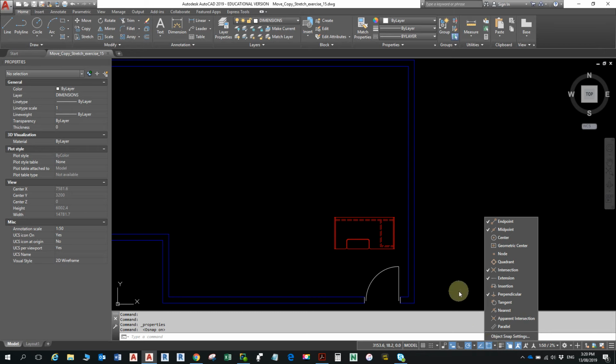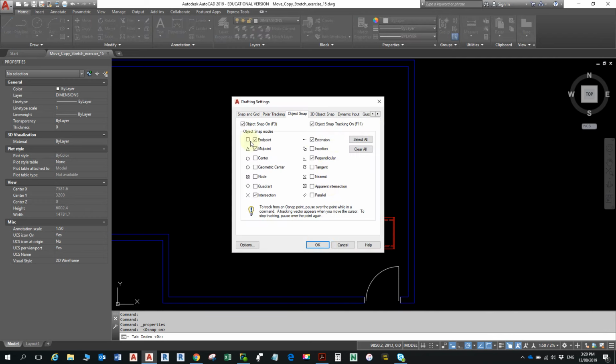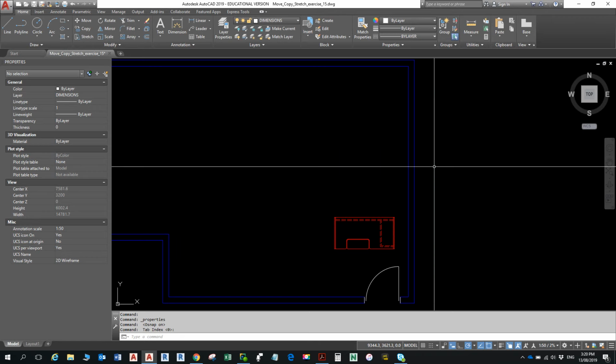Another way you can do that is I think you can just right click and then go object snap settings. Another way of doing it. You can get up a dialog box and you can just stick them in there like that. This is the old-fashioned dialog box before they brought up the other one. AutoCAD is a bit like an old cottage from the 1860s, and it's been extended about 20 times. So they just add bits onto it, but they keep the old bits there still, so it's a bit confusing,